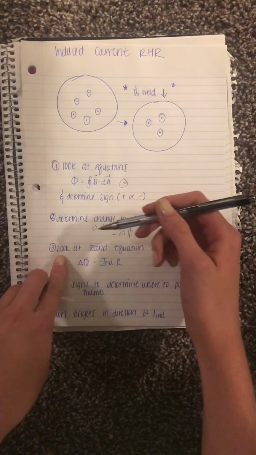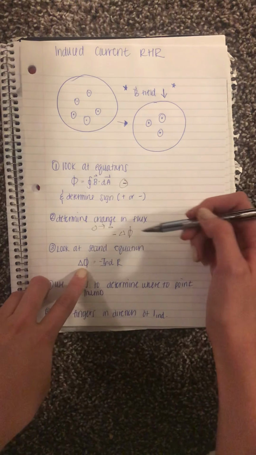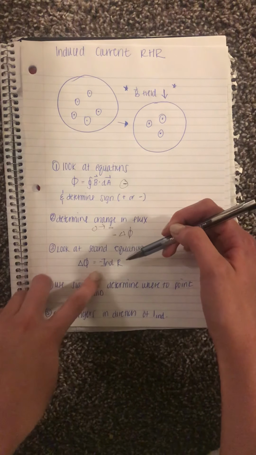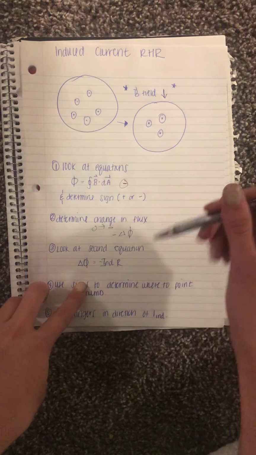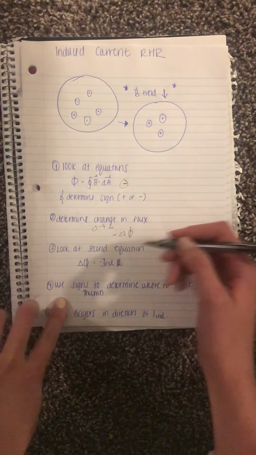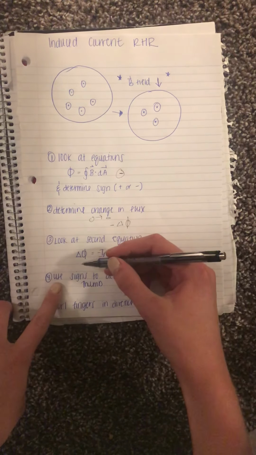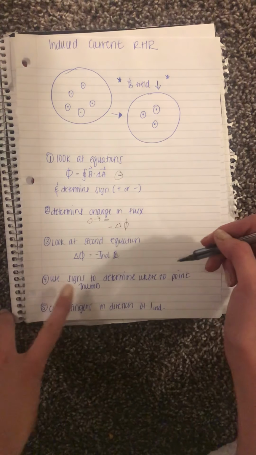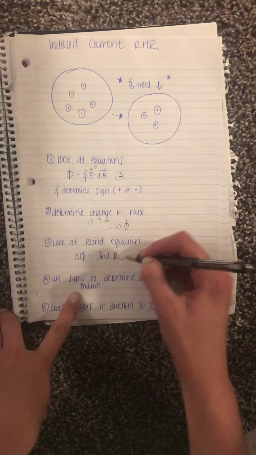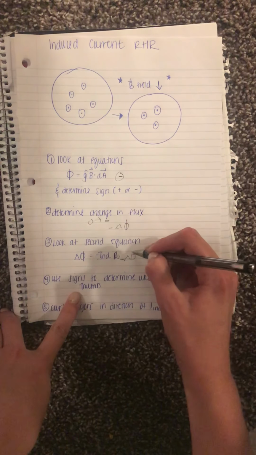Your third step would then be to look at the second equation, which is your change in flux is equal to your negative induced current times your resistor. Since we don't have a resistor in this example, you can essentially neglect it. From there, you can use the signs to determine where to point your thumb. So since we have negative induced current and a negative change in flux,